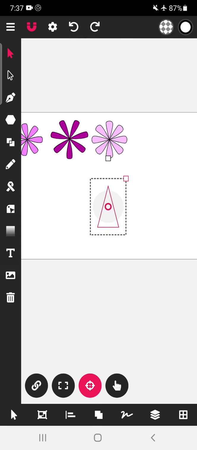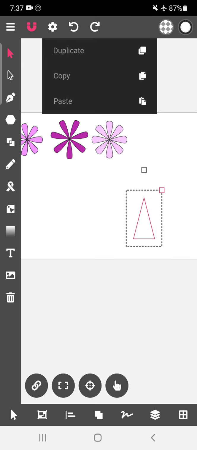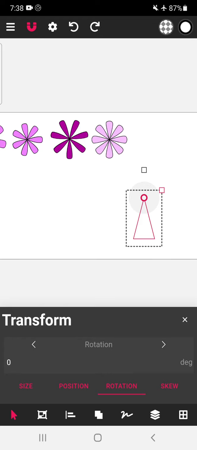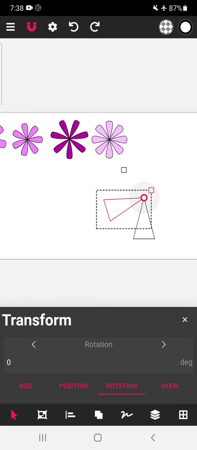Again we will do it. Select this, click on this particular icon, duplicate. Now click on this rotate tool, click here, tap here, write 72.